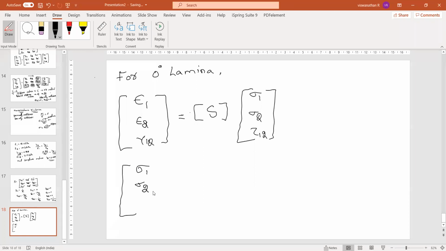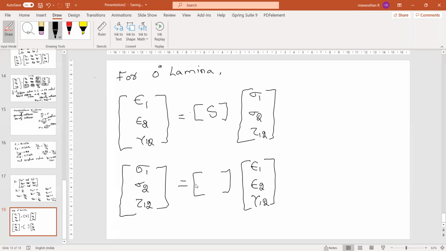I'm repeating a little and then I'll go for the new content, because you should be clear with what this matrix is. If this is not clear, then it will be a little confusing if I proceed further. So what is this matrix? Q. So that's called as the, what is that Q? Reduced stiffness matrix.